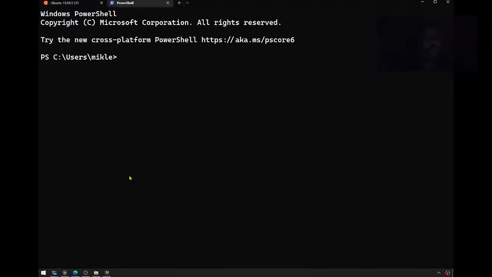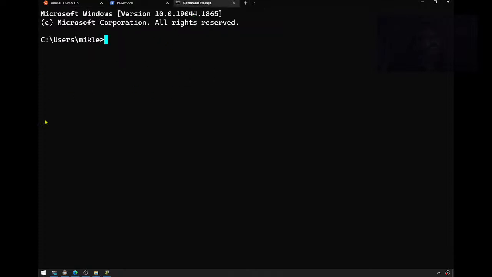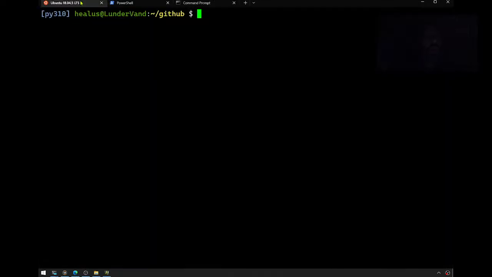It's not the blue background, but this is PowerShell, right? Here's the backslashes. It's telling you it's PowerShell. You could bring up another one as an old-fashioned command prompt. This is a DOS window, ye old DOS window. There's DOS, there's PowerShell, and there's Ubuntu with its forward slashes and tilde for the home directory. So you can do Linux without